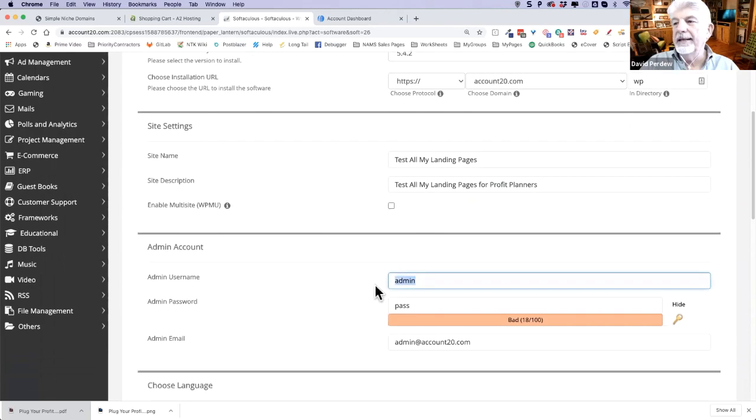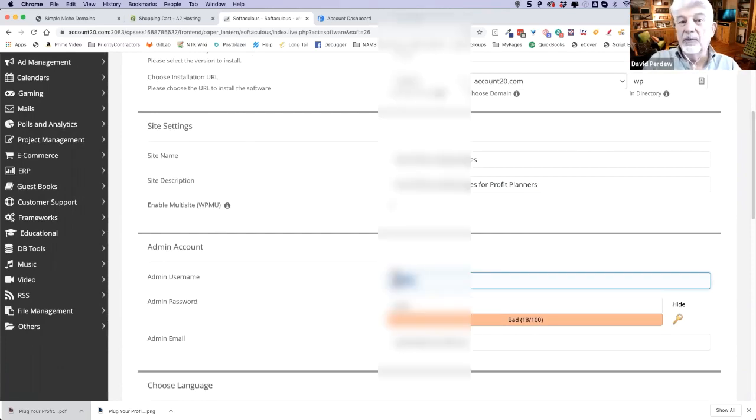I don't want this to be the admin, and I don't want pass to be the password. So what I'm going to do in here is I'm just going to create something, since I'm going to delete this. But you should create something too. So I'm just going to create something that is like David 967 dump. There we go. That is my username. Nobody's going to get that. My password is going to be,